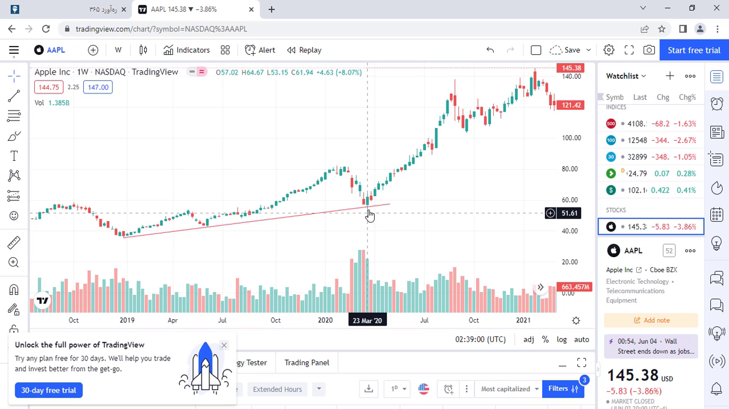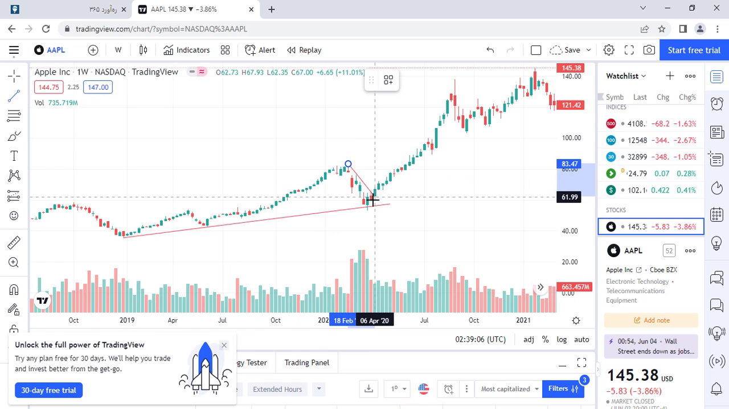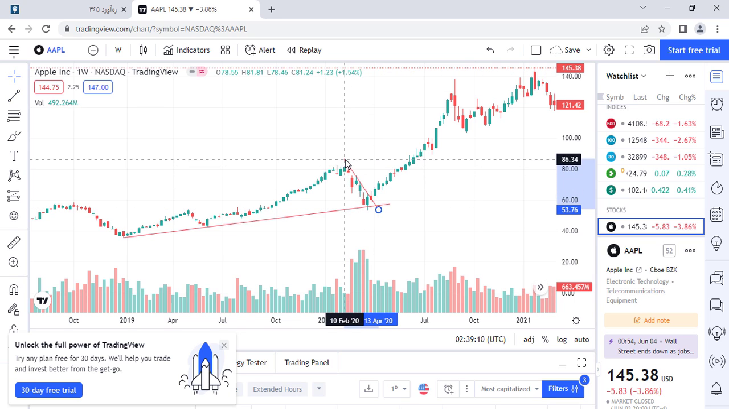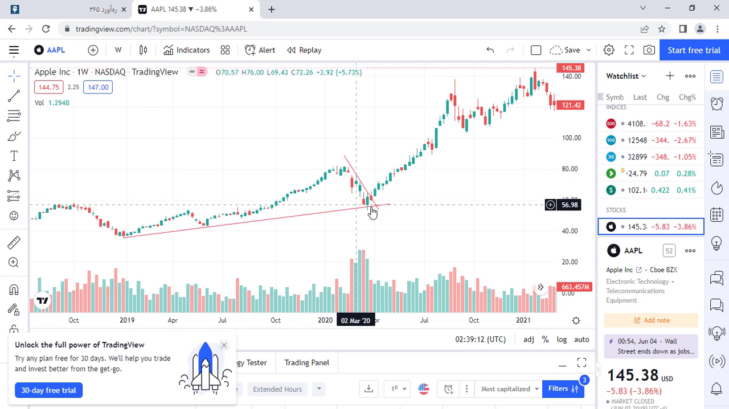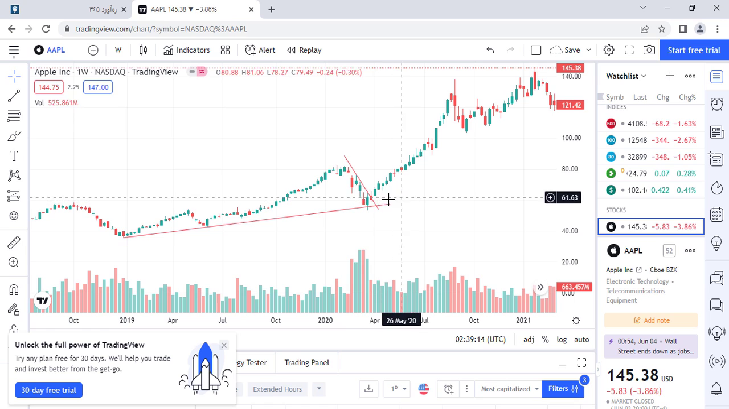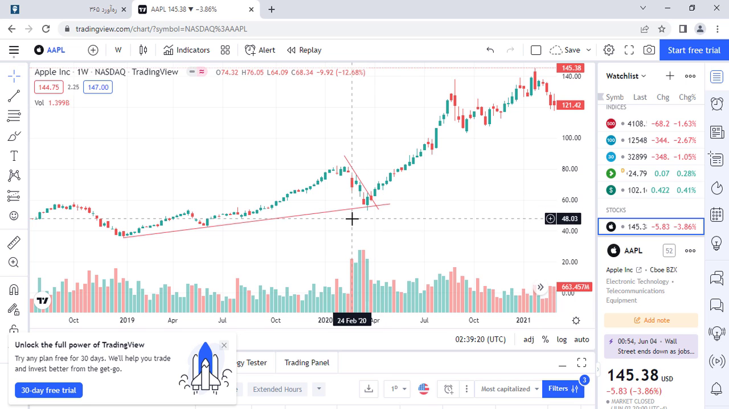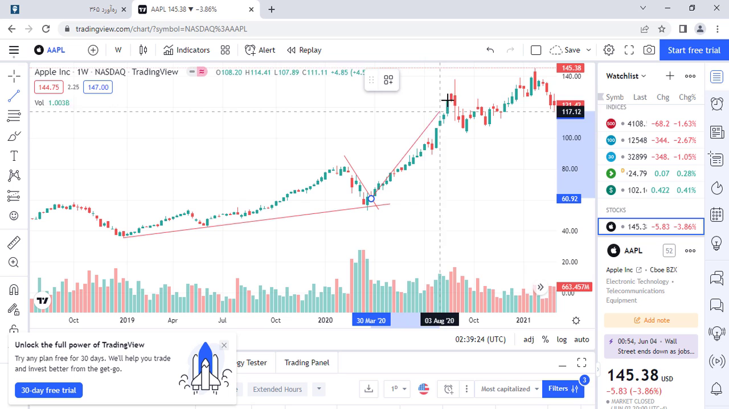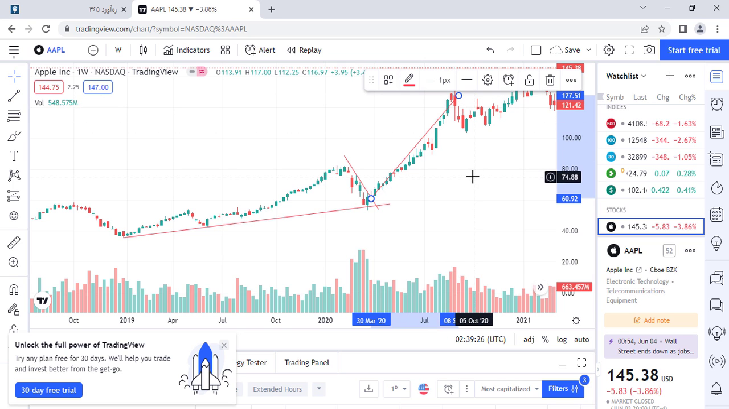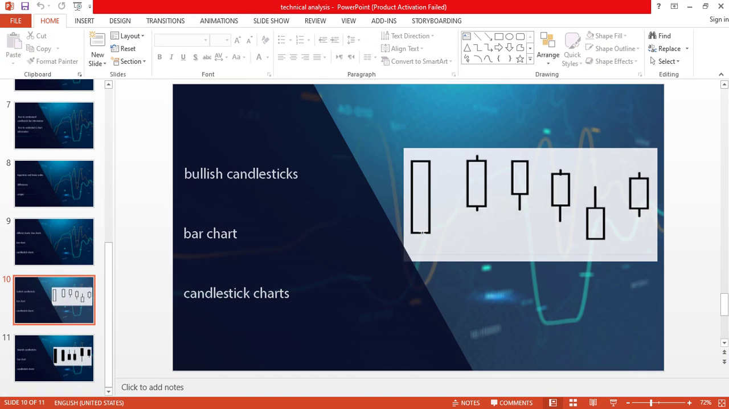And after that, we can see a downward trend line has been broken. Okay, you can start buying from here in this candle. Okay, and take this profit. Okay,